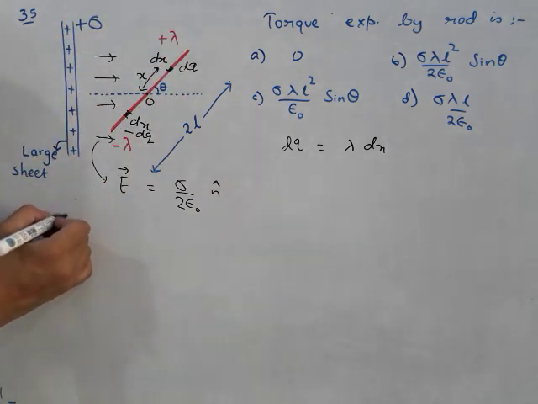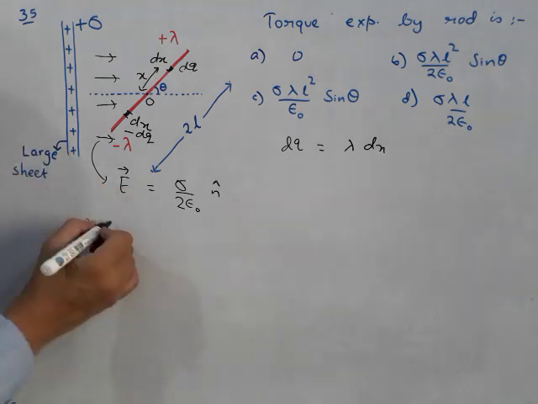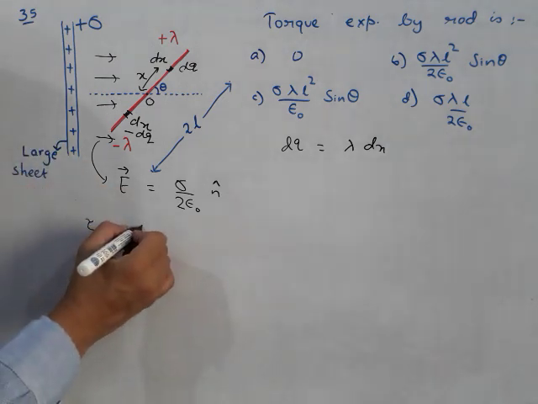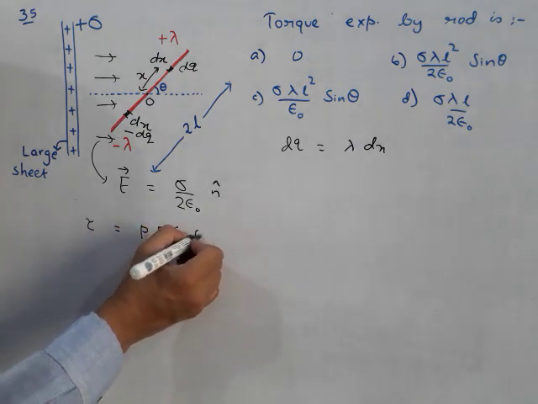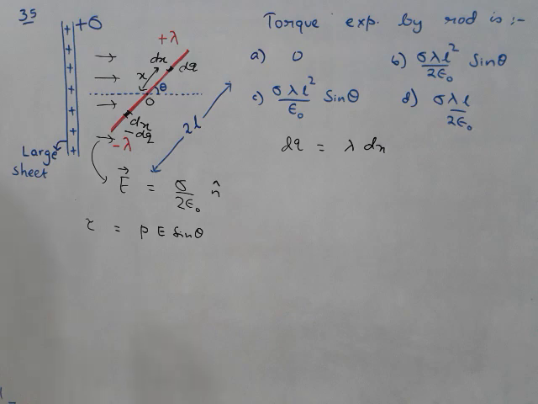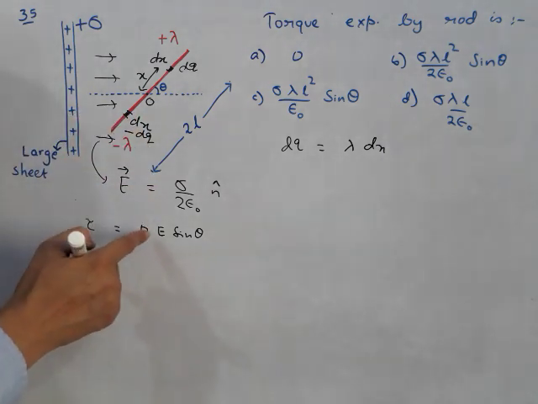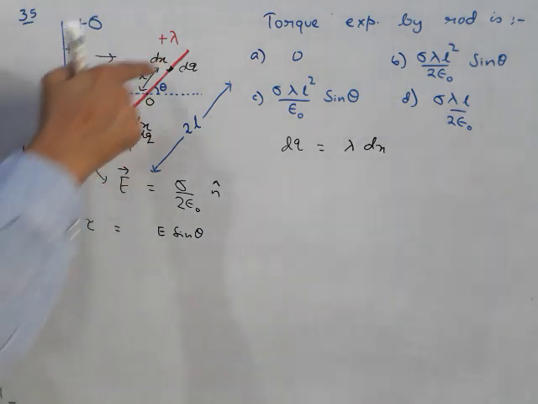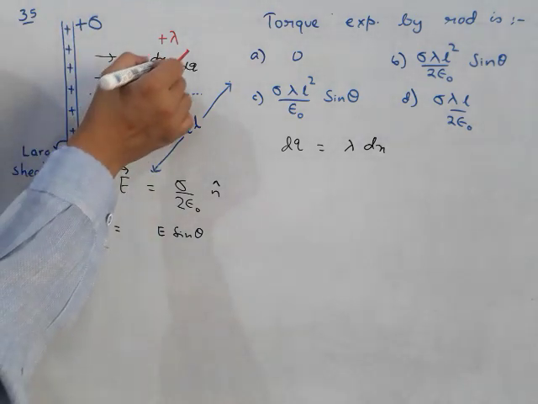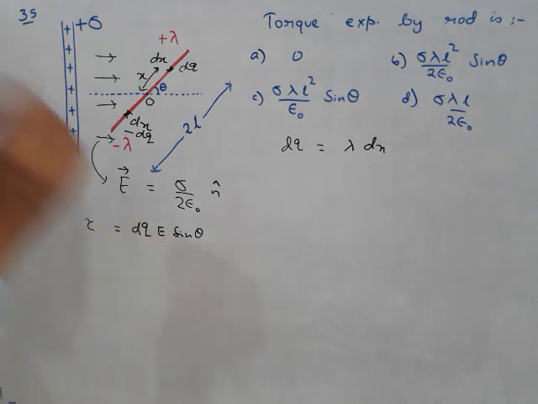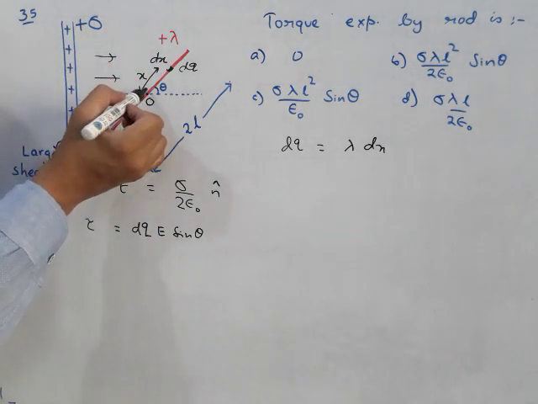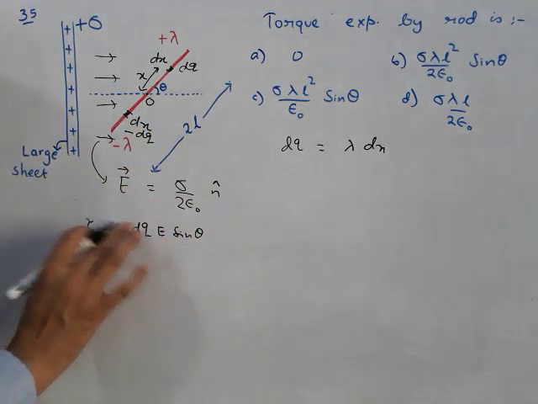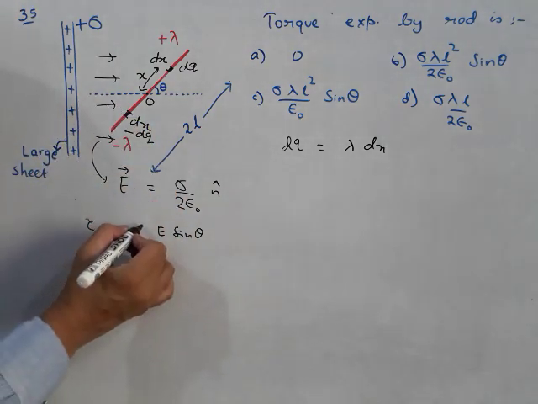For a dipole having charge plus q and minus q, the torque that is experienced by it under the influence of an external electric field, you know, is given as P cross E. So its value is P E sin theta. Here also the angle is theta, so no problem. This is the torque due to electric field E on a dipole of dipole moment P. Now how much will be the dipole moment P? Dipole moment is charge into the distance between the two oppositely charged particles. So the charge is dq. And what is the distance between them? See, this is x, this is also x. So the distance will be 2x. So I'll write dq into 2x.